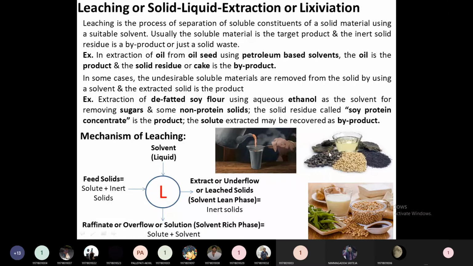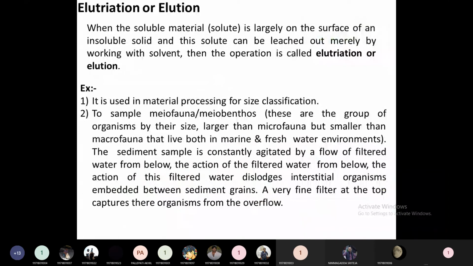The solute will be present in the interstices of the solid. Whereas in the elutriation operation, your solids contain the soluble matter on the surface of the insoluble solid, and the extraction of that solute component is called elutriation or elution.